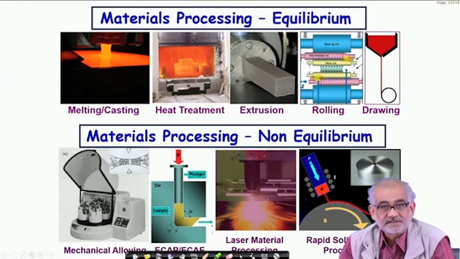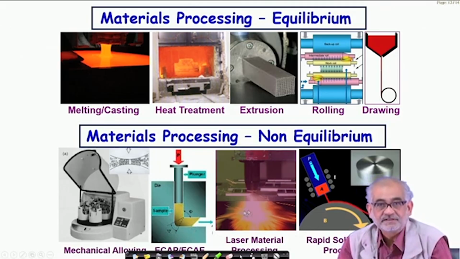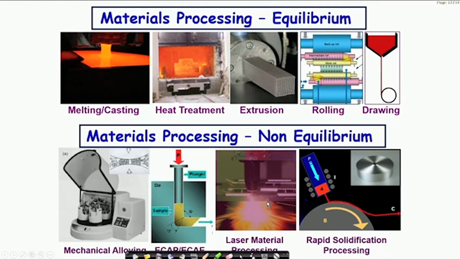So, in this processing here, we essentially are subjecting the powders to high energy milling. So, extremely high rate of mechanical deformation. Here the deformation rate is low, but yet mechanical and more or less at room temperature or slightly elevated temperature. Here we are subjecting the material to ultra fast heating and cooling, taking it to liquid or even vapor state